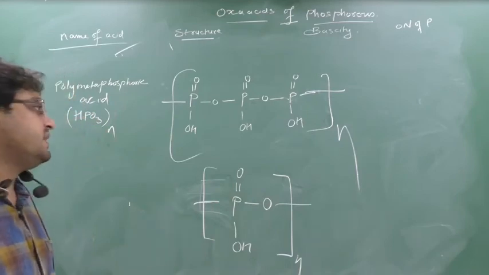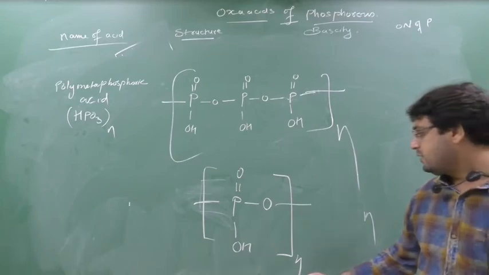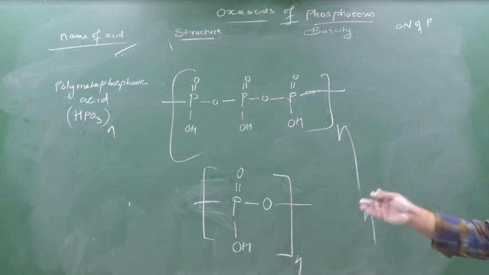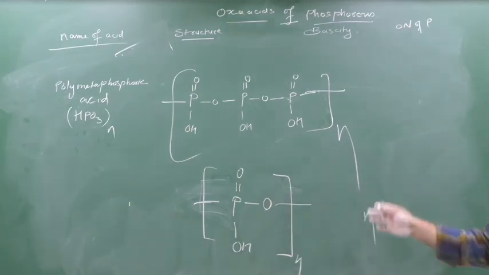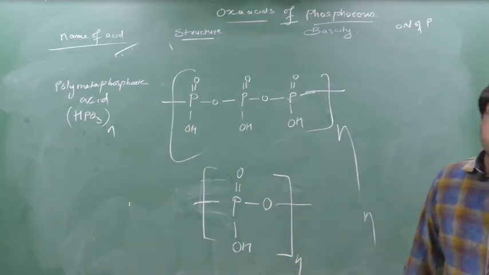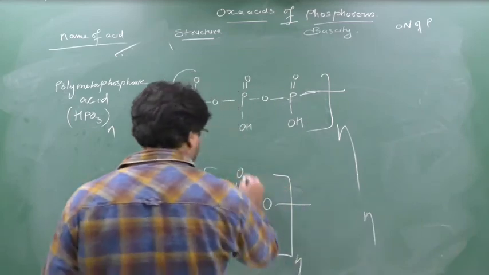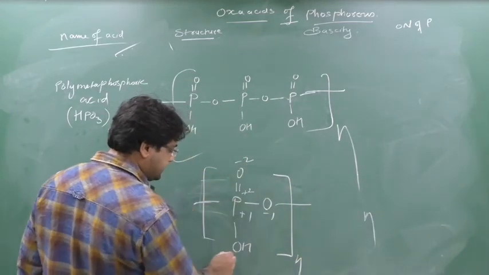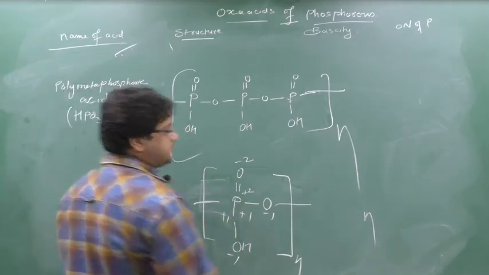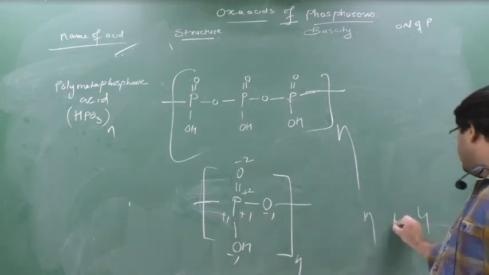So what can be the basicity? N. Why N? Because if I put here 5, this 5 times will be repeated. So hydrogen will come here 5 also, because we know basicity means the number of hydrogen associated with oxygen. So here 5. So here the basicity is N. But see the oxidation number of phosphorus here: -2 here, so here +2, here -1, +1, here -1, +1. So the phosphorus oxidation number will come here 4, because there is 1 P, so P equals 4, no?